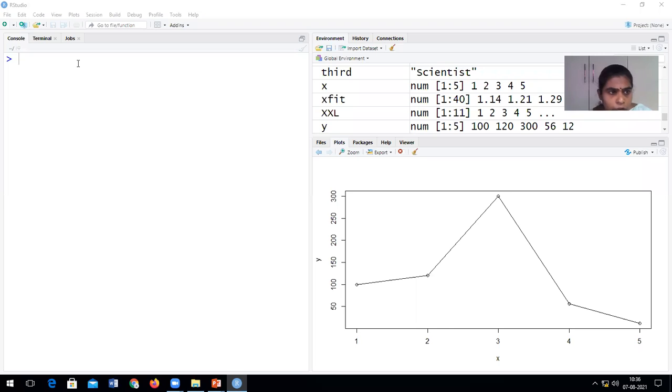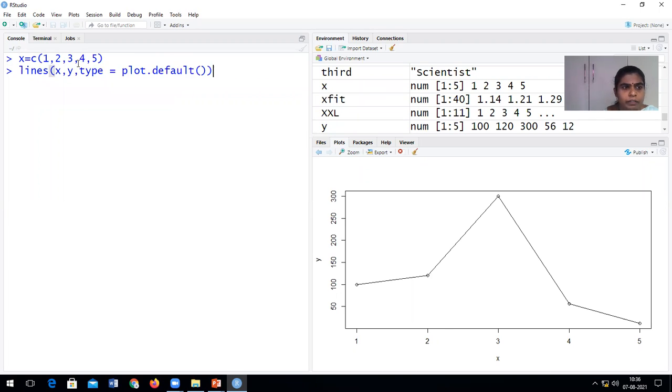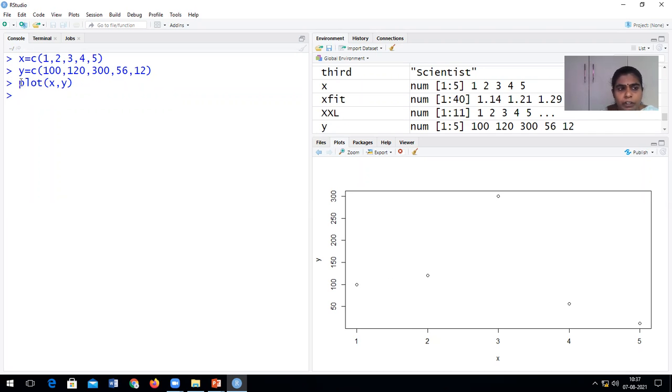Okay. So what we did first, we have actually created 2 data points. One is X. Then we have created another data point Y. So the first thing we are trying to do is plot. The moment you issue this plot command, it's like a graph. In a graph, you will first start with the x-axis and then the y-axis. You will mark the values for x, you will mark the values for y, and then you will plot the corresponding points. So how many data points do we have? Totally 5 data points. I've taken 5 random values. So these values are plotted.